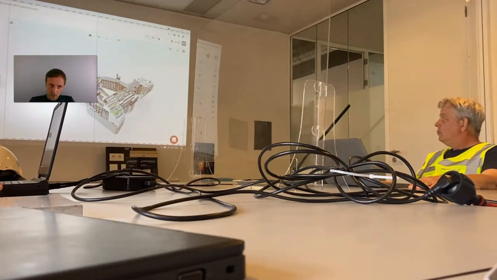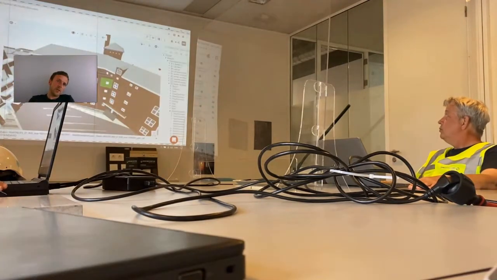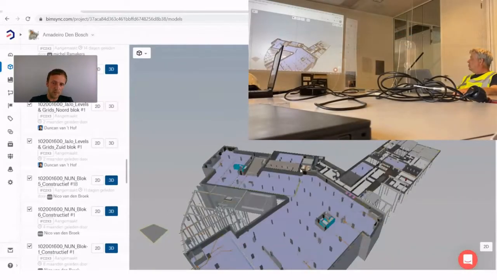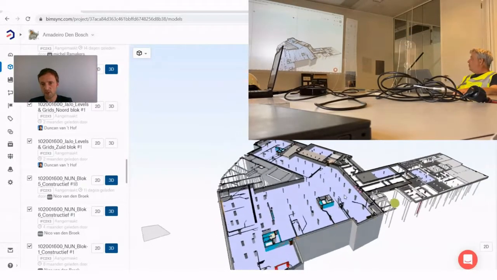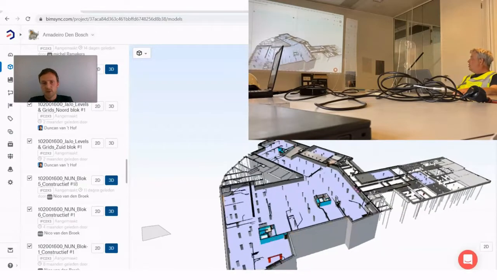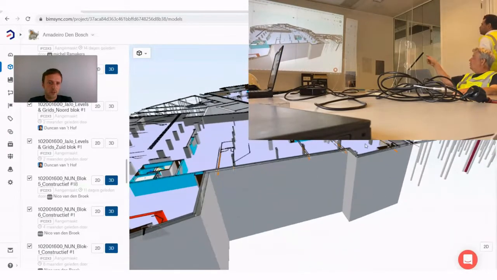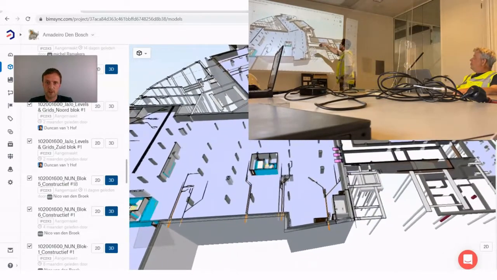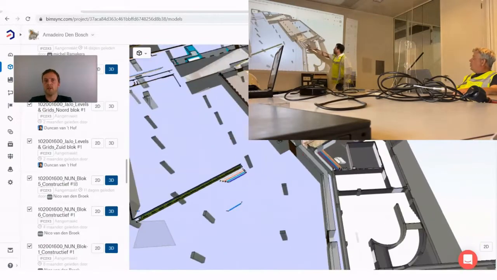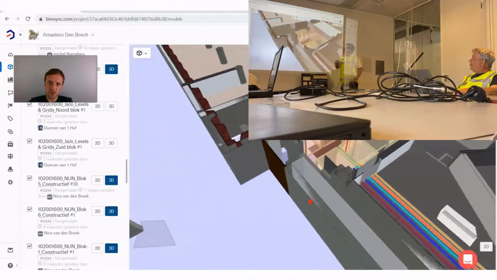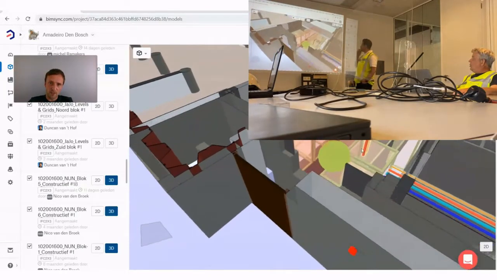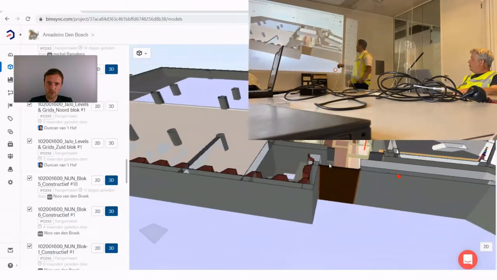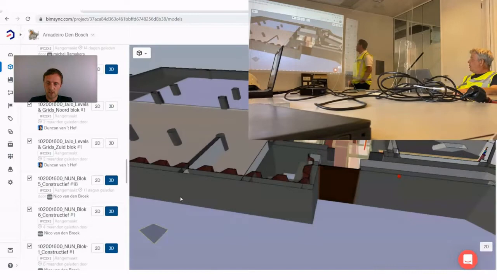So there's a site manager, and we're looking at the situation. I was just asking, what's happening on site, what you've been discussing this morning, or what's something that you need to clear or want to talk about. So they're talking about this positioning here, where there are pipings and a room for building services and HVAC, and